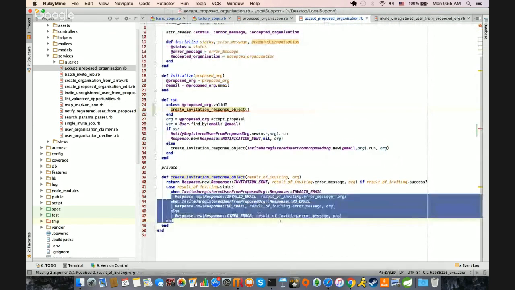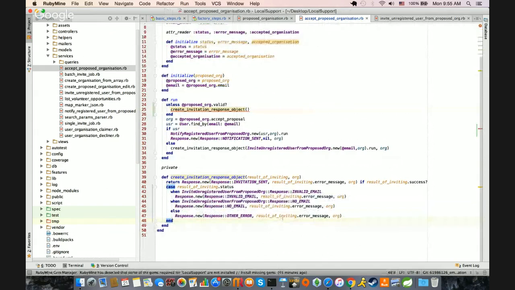Rather than this case statement. Yeah, what it does here is the invite unregistered user proposed org passes back a response object that can be in various configurations, and then it creates a new response object on line 40 or 43 or whatever. It's got this set of paired nested response objects, which seems kind of crazy to me. But it seems like in principle, the path of least resistance there on line 25 is